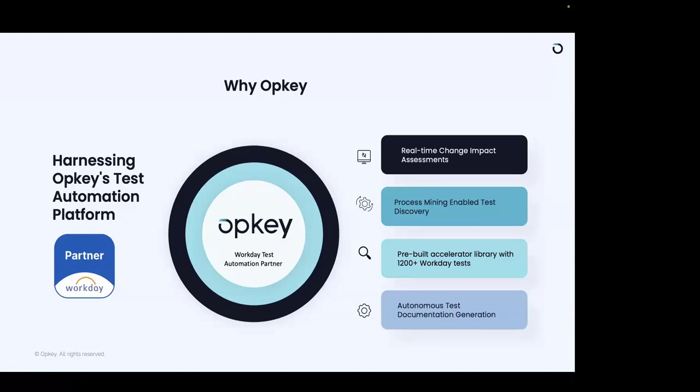Why Opkey? Well, what Opkey is trying to do across different ERPs is just taking the game to another level, where we're able to help our customers achieve all of this in the least amount of time possible. And we are only able to achieve it because we have a playbook of what has worked with our customers across these ERPs and these major operations, and the organizations who have been utilizing these as part of